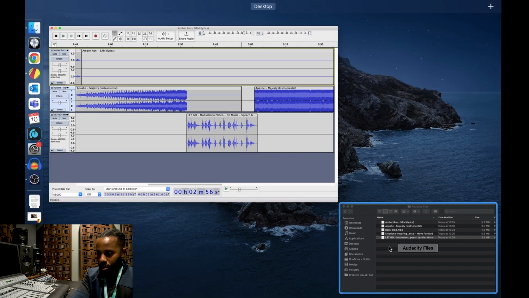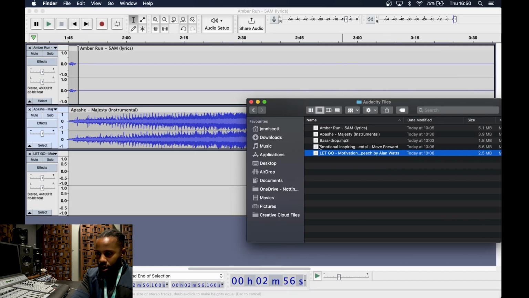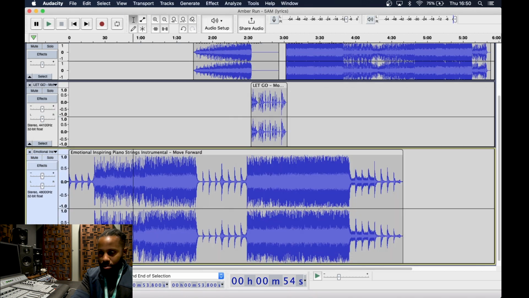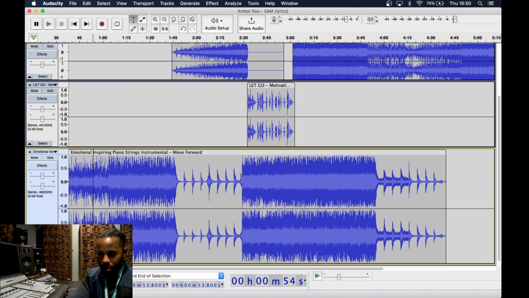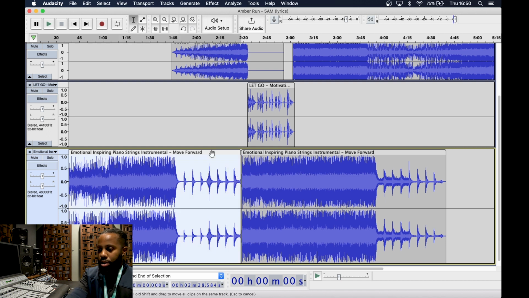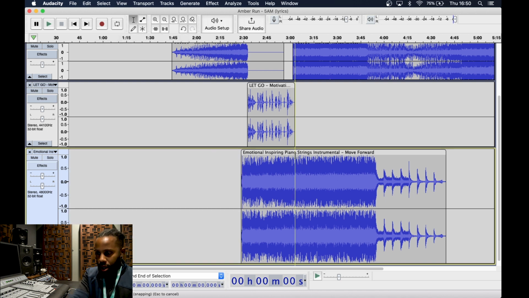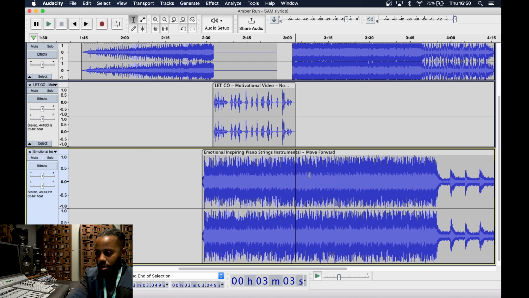I'm going to bring in one more piece of audio, this emotional one. So underneath, what I've got here is a motivational speech, and what I'm going to do is put some music underneath it, place my black cursor. I'm going to do the shortcut, which is Apple I, get rid of that. I only want it to be as long as the motivational piece, so I'm going to split that,